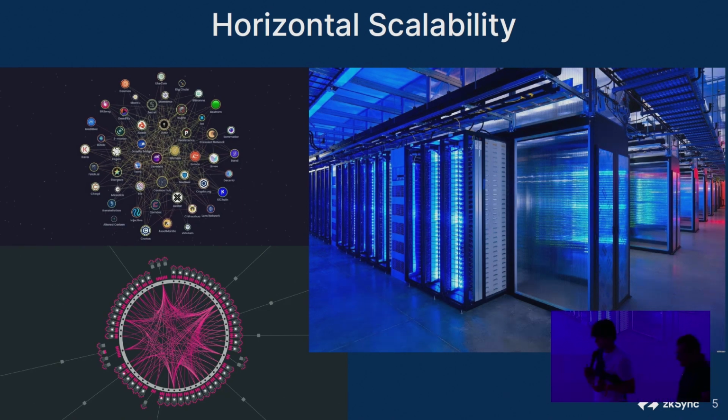And to achieve this, the end goal has been horizontal scalability. Horizontal scalability means that you should be able to spin up new chains to handle the new traffic, just as you can spin up new servers to handle the traffic to your web page if you have more traffic.